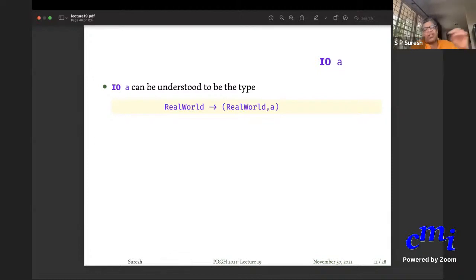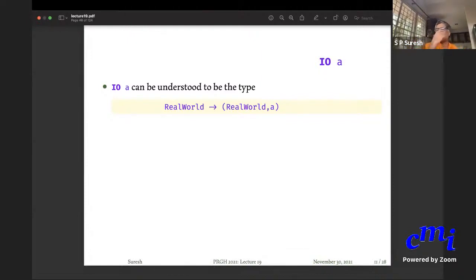By real world, I mean everything that is relevant to your computer: all the keyboard inputs that have been entered so far, all the mouse inputs, everything that has been printed on screen so far, along with the whole internal configuration of the machine, what all is stored where in the machine. So that is your real world.